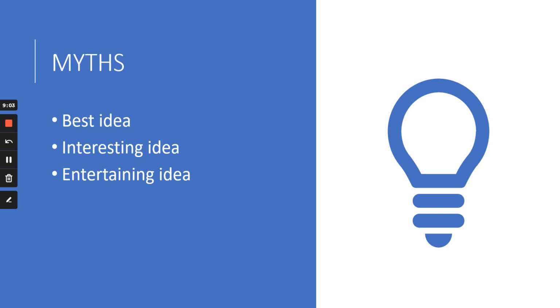If you pick ideas on the basis of these three things, you're going to have two problems. One, you will waste too much time picking the ideas, and second, you might not be able to explain them as clearly as possible. But on the other hand, if you pick the most simple but relevant idea, you will spend minimum time picking it, you will explain those ideas in a far more effective and clear manner, and you will get the bands in that.